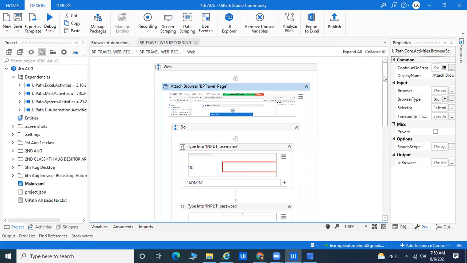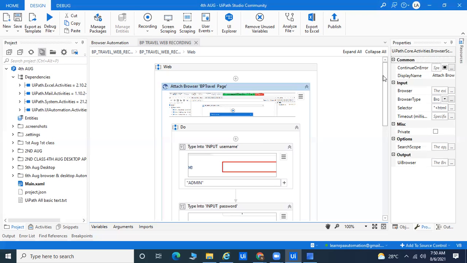Yes, when we are doing the recording, we don't have the option to attach that browser. We directly get the elements and provide the values there itself. Yes, that is correct. But do we have the attach browser activity or not here?